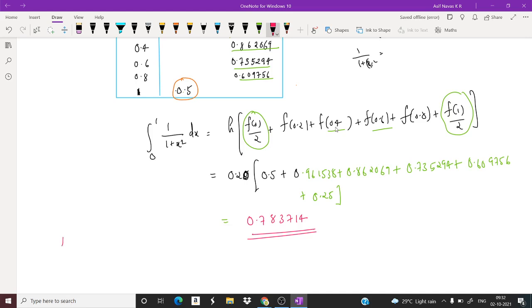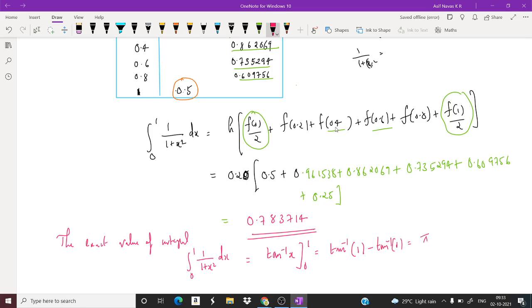So we know that the exact value of the integral from 0 to 1 of 1 by 1 plus x square dx is tan inverse x from 0 to 1, which is equal to tan inverse 1 minus tan inverse 0, which is equal to pi by 4. And if you calculate pi by 4, the value is approximately equal to